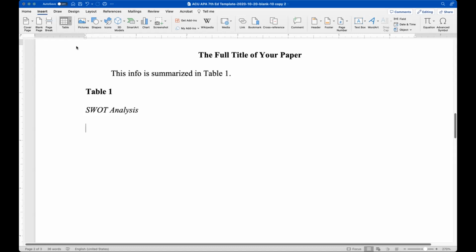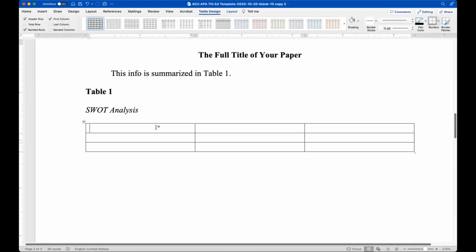And because it's handy, we're going to go ahead and use this to create a 3x3 table. Now, by default, a table in Word will have these borders around it. And let's hold off on talking about the borders until we have some information in it. So just looking at the labels here,